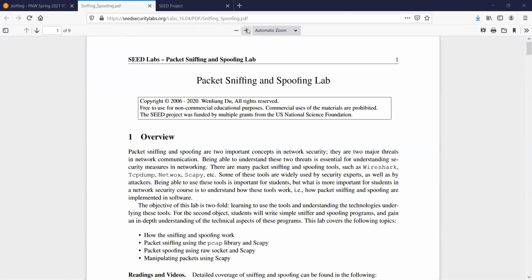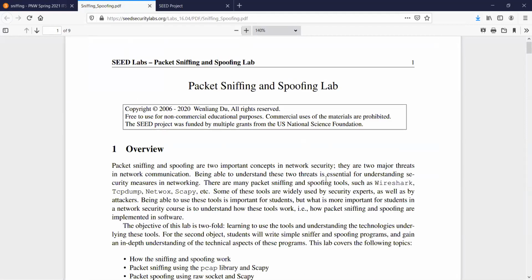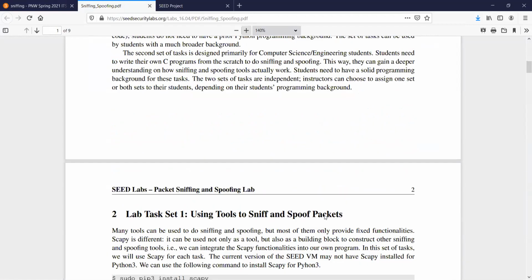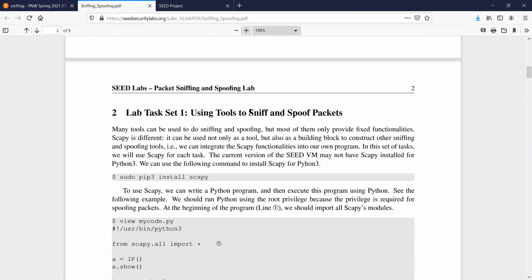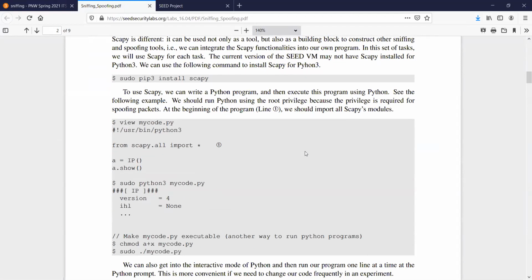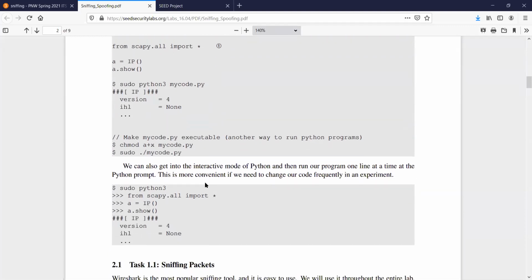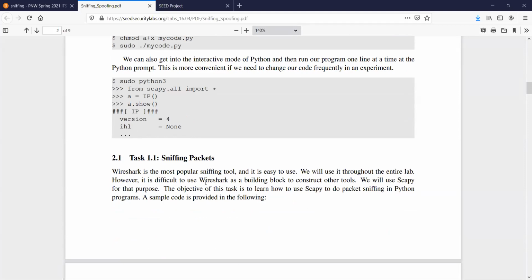All right. So this is the packet sniffing and spoofing lab. As you can see, we're just going to take a quick look at it. These are the tasks using sniffing tools. We're going to take a look at Scapy. For those of you that have taken 372, I've talked about this a little bit. Scapy is a tool in Python that helps you to create packets in a very efficient way, right? So we don't have to program these things in C and C++, which is a little bit more complex. And we'll be using Scapy throughout